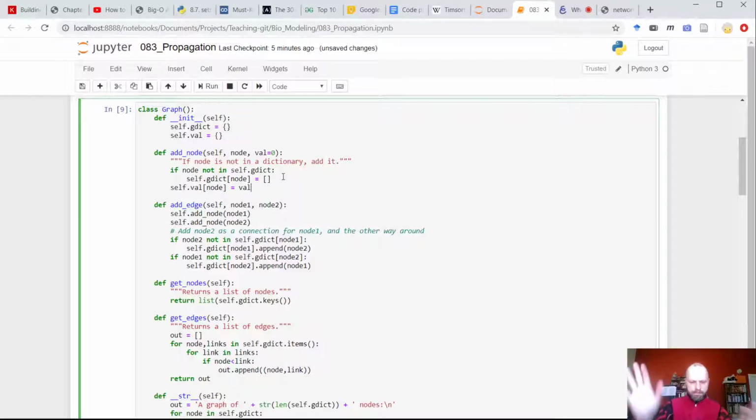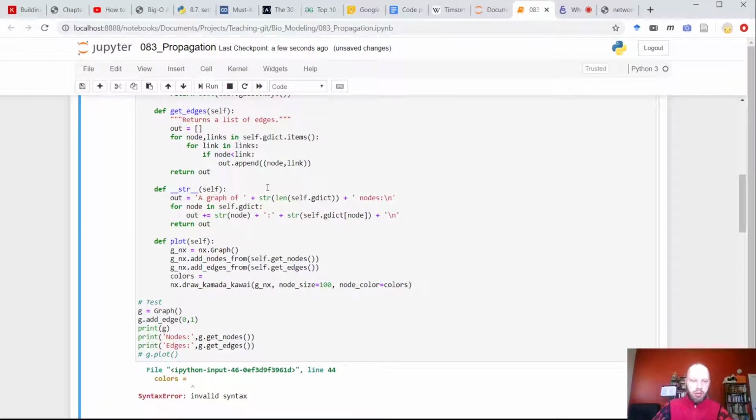Yep. Good. Okay. So we have a default value. So just us adding that shouldn't change anything. It should still be working. Even our old uses of this class should still be working. But now we can assume that there is a dictionary that contains values.